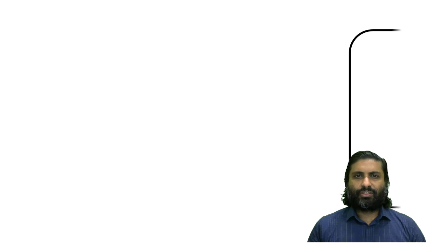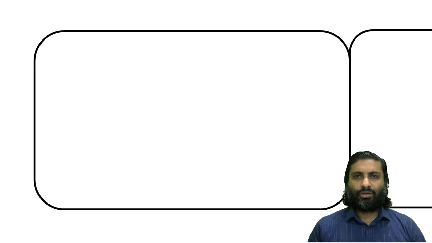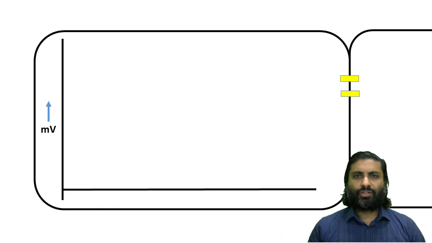Right, so let's assume that this is one cardiac myocyte and this is another ventricular cell. The ventricular myocytes communicate with each other via gap junctions. Let us now draw the action potential of this particular ventricular myocyte. There's the y-axis on which we shall plot voltage, and there's the x-axis on which we shall plot time. The voltage of this cell at rest would be around minus 90 millivolts, and this is what we call the